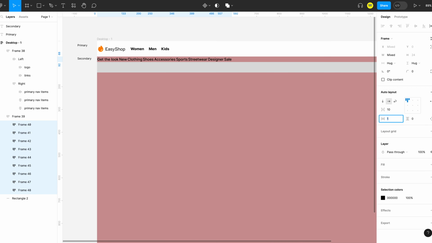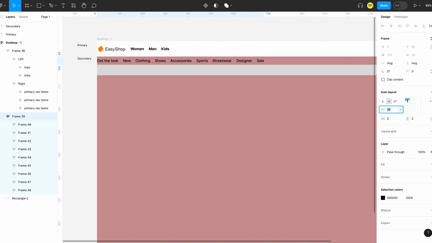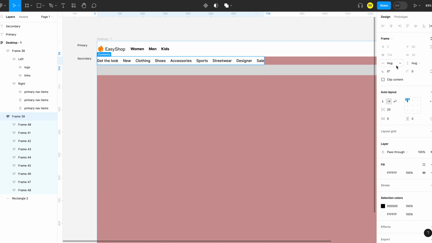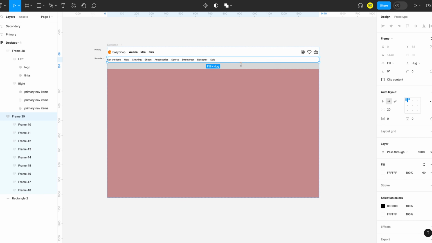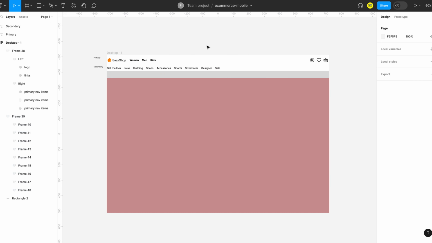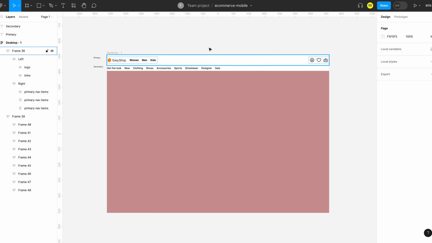Now we can adjust the spacing between them. We have the secondary nav group ready. Now we can apply a background color to the secondary navigation row, and then we will set the horizontal resizing to fill so that the row will take up the whole container. We can now set a max width to the navigation so that the contents will always be within those set